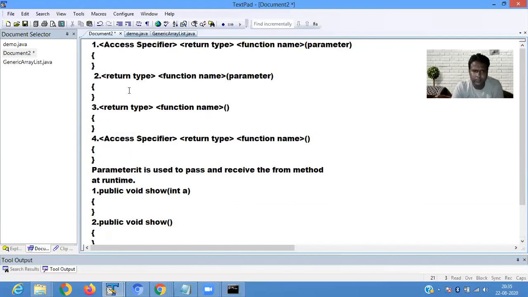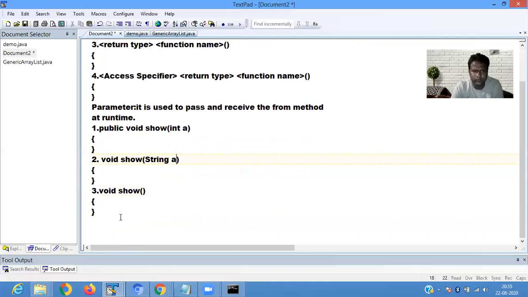The second part is return type, meaning public is not there, only void. And here I pass a string data type, string a. Here only void show. And the fourth example is public void show function and parameter.